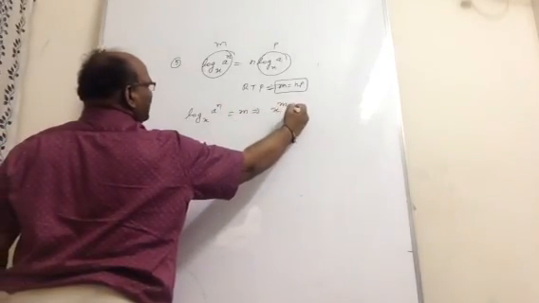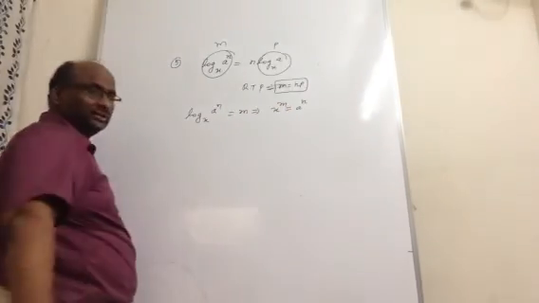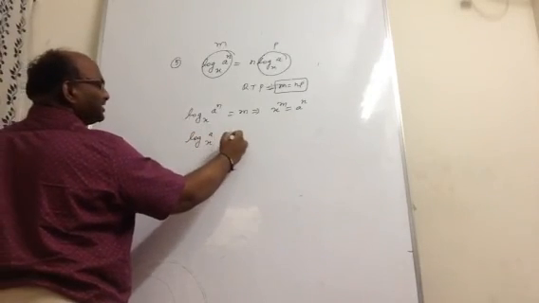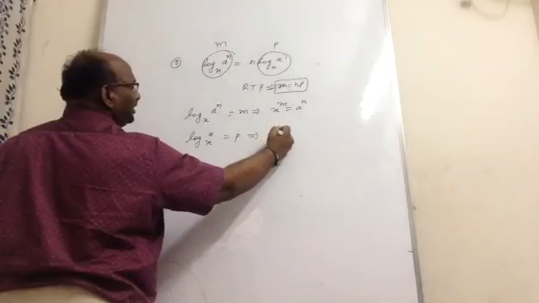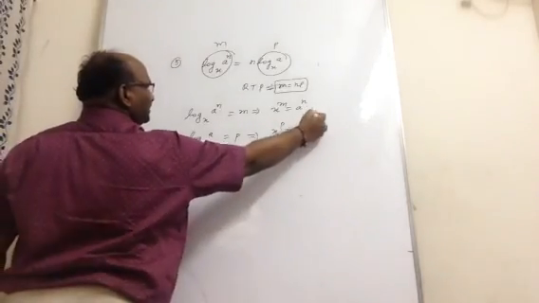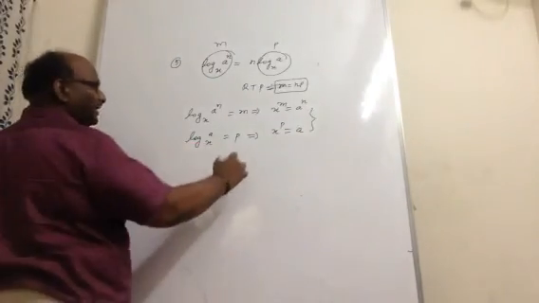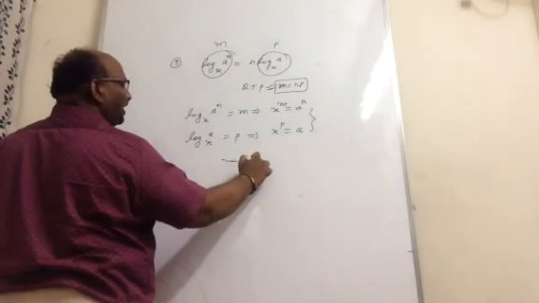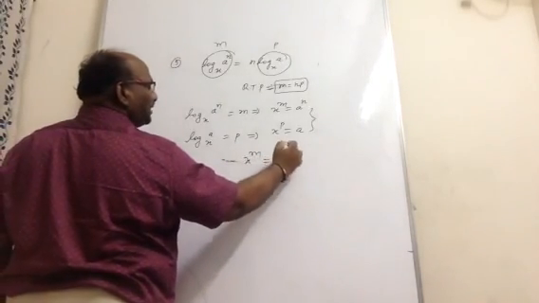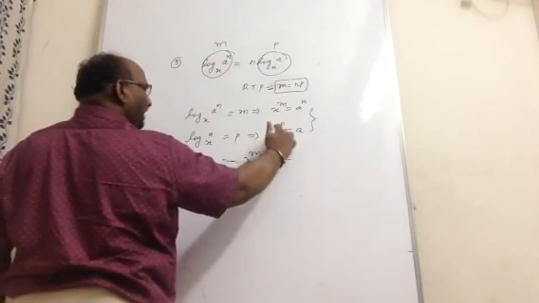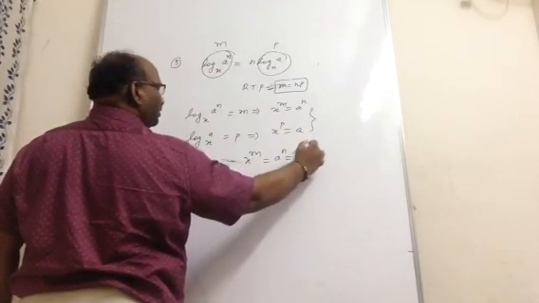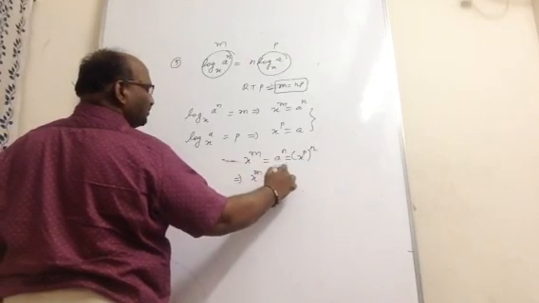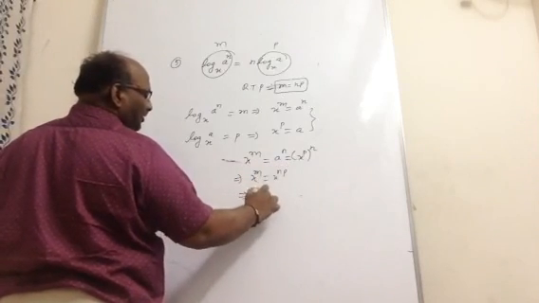By definition, you get x power m is a power n. Log a to the base x, assume it as p. By definition, you get x power p is a. From this, I can say x power m is a power n. In place of a, I will write x power p, whole power n. x power m is x power np. From here m